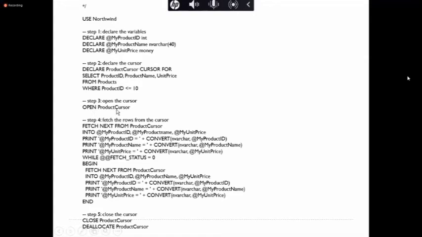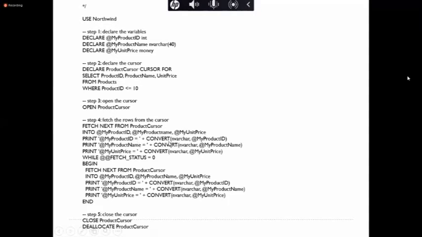Then open the product cursor and fetch the row from the cursor: fetch next from product cursor into the 3 variables.